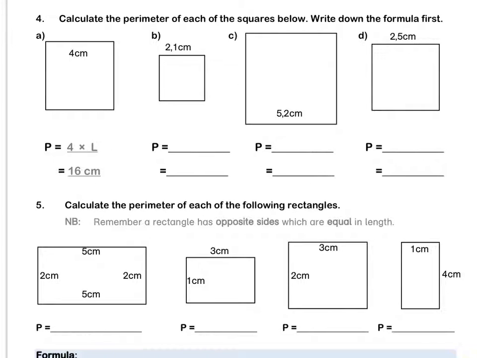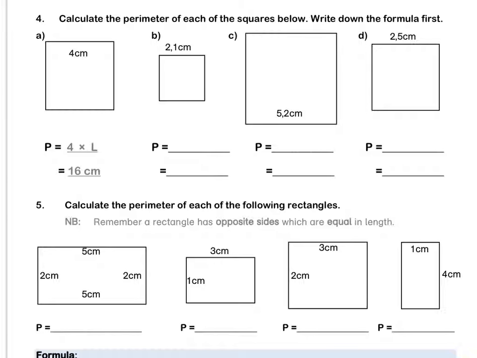Question 4. Calculate the perimeter of each of the squares below. Write down the formula first. For A, the perimeter of any square is 4 times its length, 4 times L, which is the formula. Then 4 times 4 is 16, and our units are centimeters. Let's do B